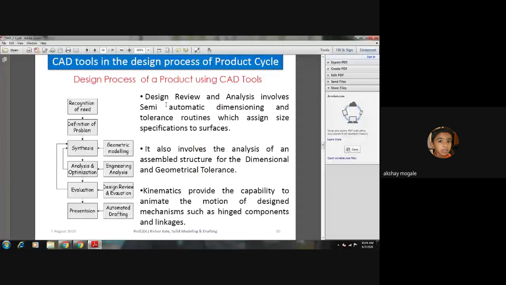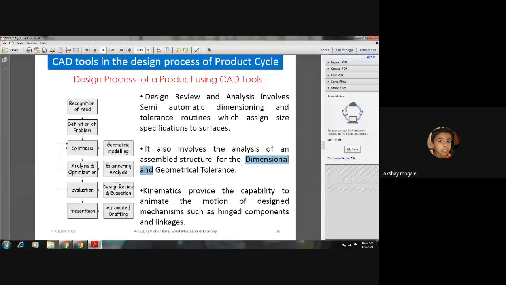Now we will find on the screen two types of tolerance have been written. One is dimensional tolerance and the second one is geometrical tolerance. Now, what is the difference between the two? Dimensions means we are expecting that dimension, suppose a dimension of a cylinder. So, what is the dimension? How do you write the dimension of a cylinder?